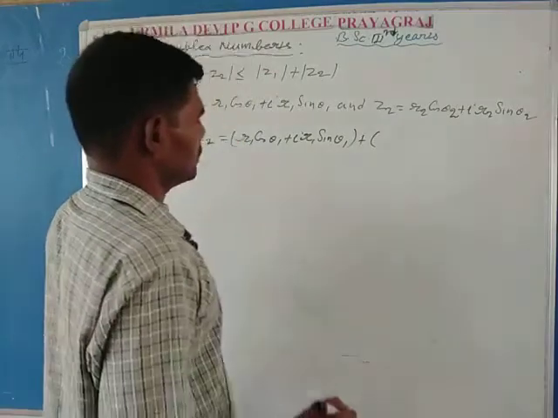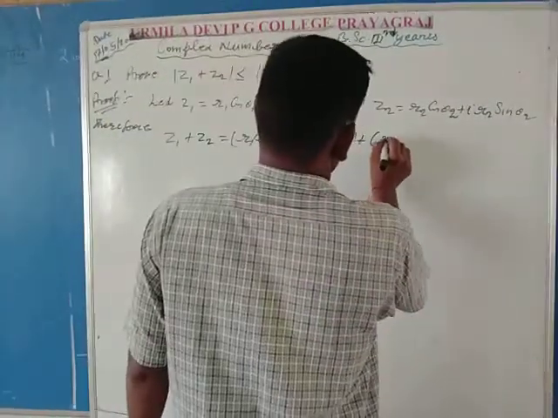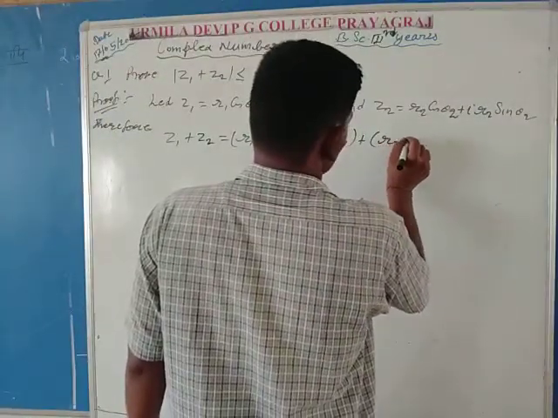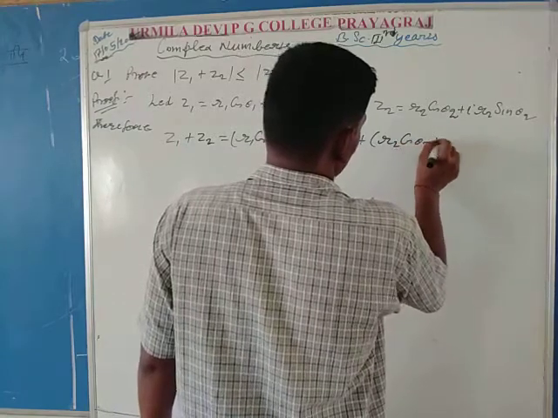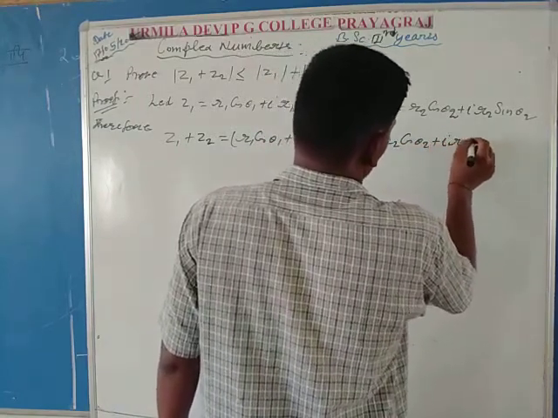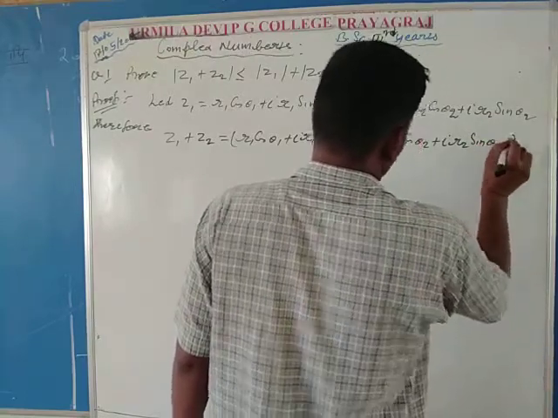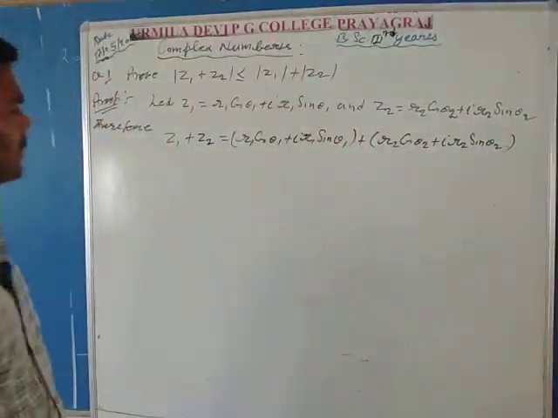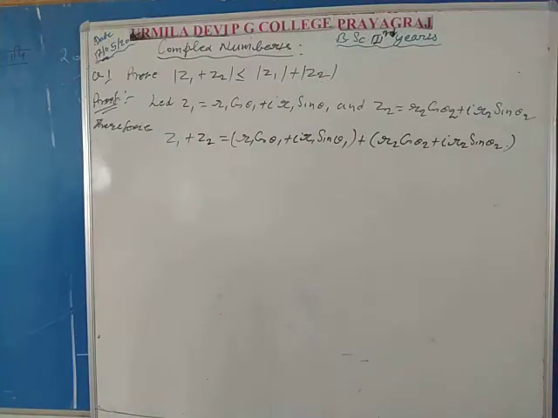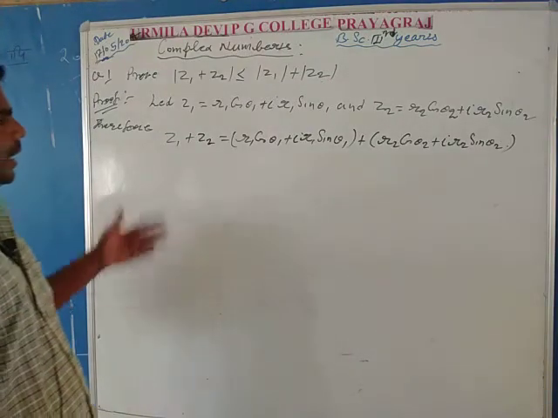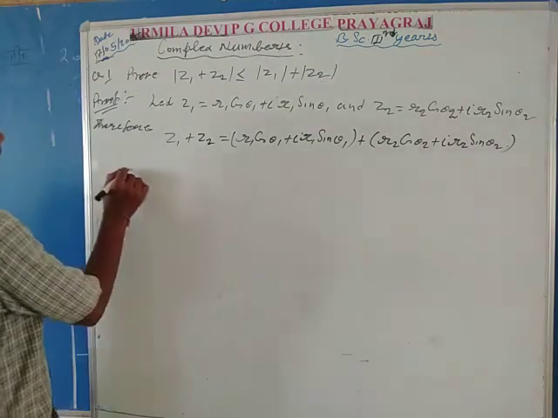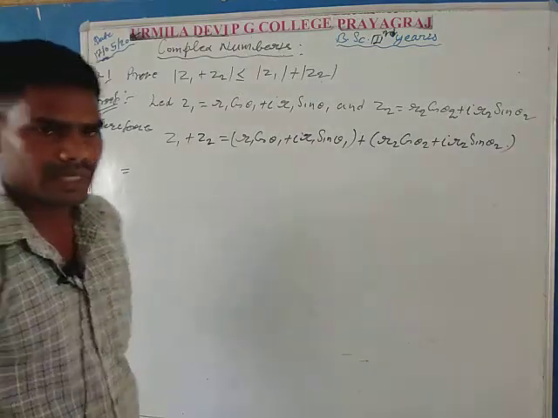Write the value of Z2 equal to R2 cos theta 2 plus I times R2 sin theta 2. Putting these values of Z1 and Z2 and adding,